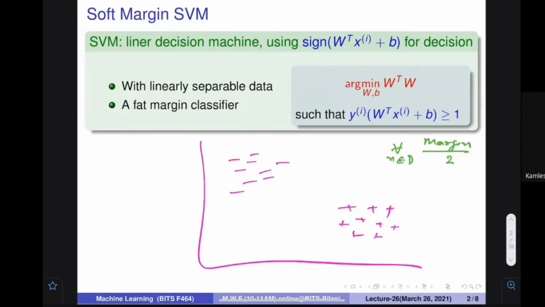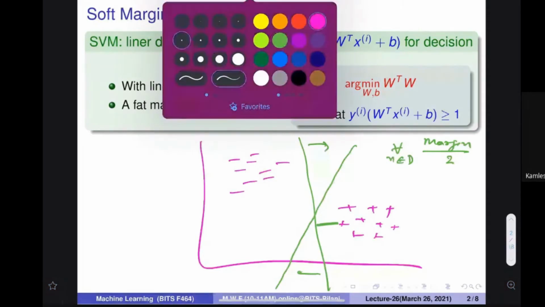So what I wanted to tell you is that this is a perfect classifier. However, this is a perfect classifier, but not the best classifier, because the best classifier would be such that I can increase this thing, because it is the minimum one. Can I increase this in some way? The answer is yes. If I rotate it, for example, and put it in this particular way, you can see that by rotation I have introduced some more distance over here.